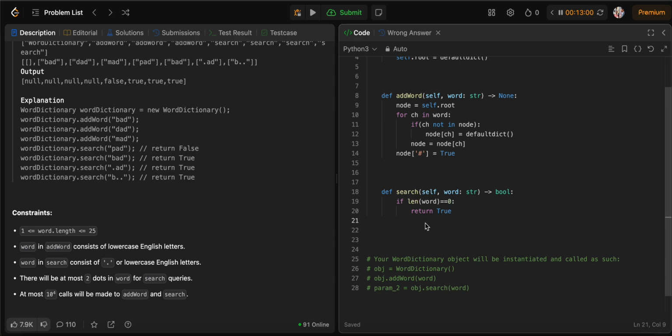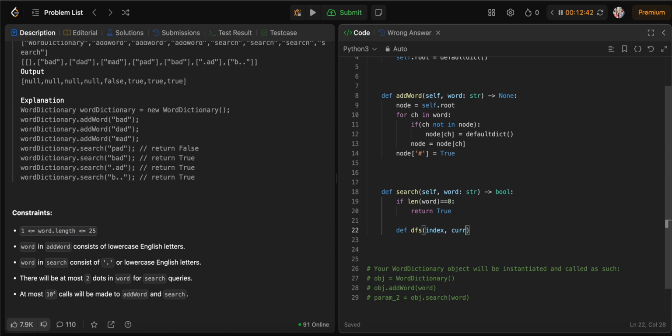Otherwise, if there is no word I'll find, I'll go further and try to do DFS. I'll write def DFS here. It will take two things: the index of the word and the current root. If the index is greater than or equal to the length of the word,